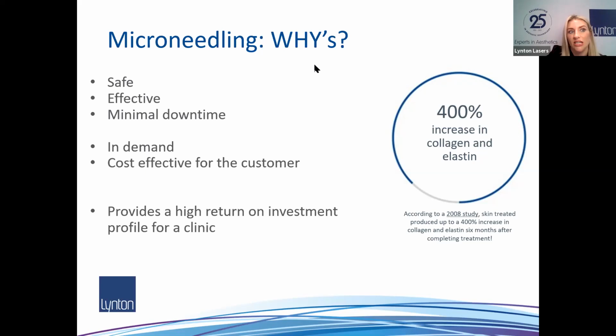because that study sort of goes against what we've thought about previously. I've spoken to a lot of people that say, if you don't get blood, it's not going to work. And I think that when we initially started our microneedling, it very much was that idea. There's a general trend away from that now, that people are starting to realize that